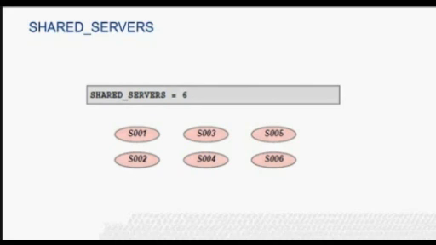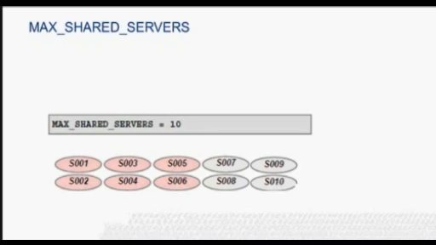Experiment with the number of initial shared server processes and monitor shared servers until we find the ideal system performance for database activity. Now, to modify the number of shared server processes after starting an instance, we can change the minimum number of shared server processes by using the alter system command. Oracle will eventually terminate servers that are idle when there are more shared servers than the minimum limit we specify. If we set shared_servers to 0, Oracle terminates all the current servers.